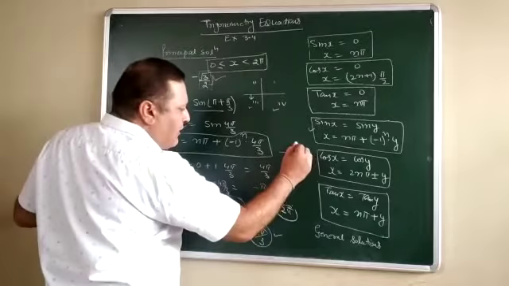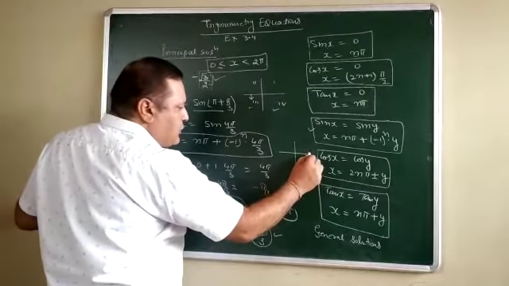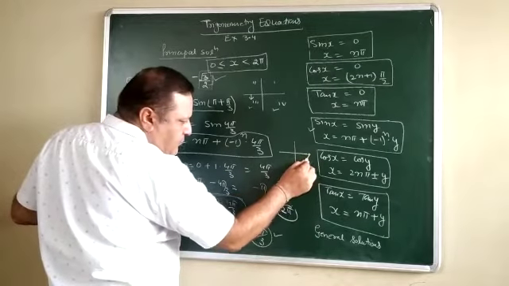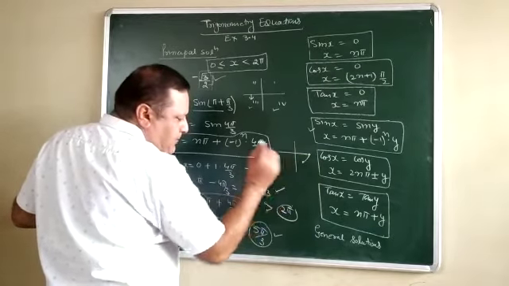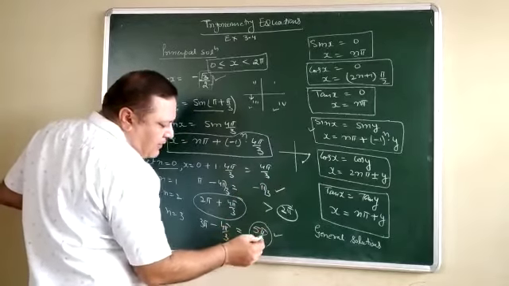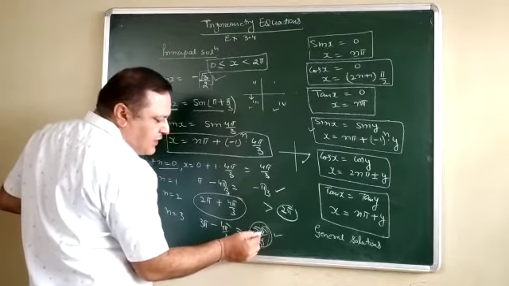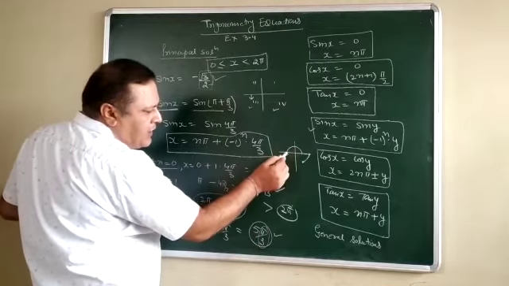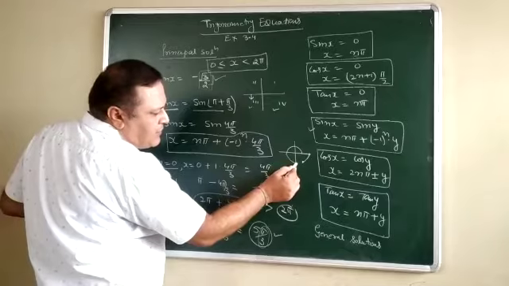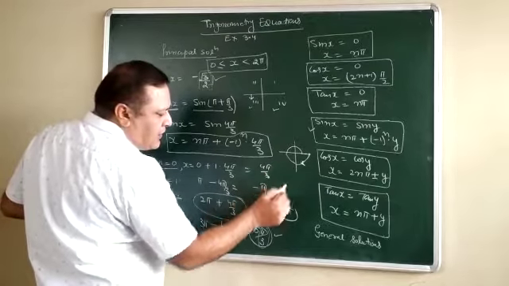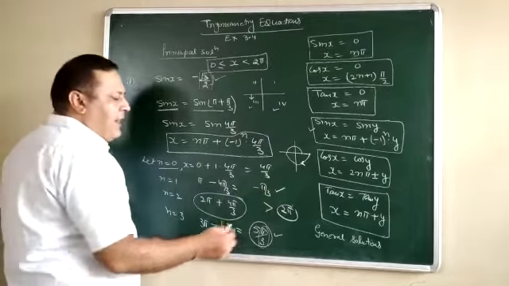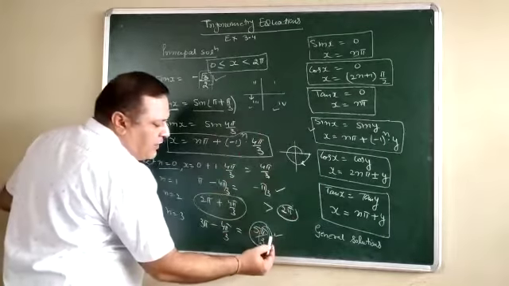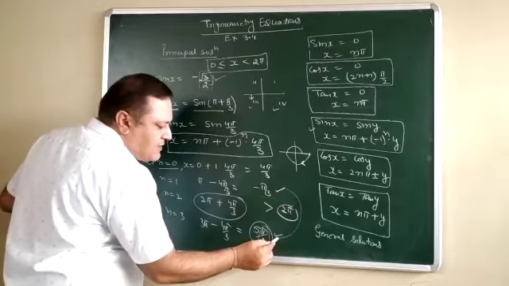If you see the angle, this is your 0 degree, and minus 60 lies here. If you observe, 5 pi by 3, where pi by 3 is 60 degree, into 5 gives 300. From here 90, then 180, then 270, and after 30 degree more, it is 300. So if you observe the angle in the negative direction, it is minus pi by 3. If you observe the angle in the positive direction, it is 5 pi by 3. Both are the same.